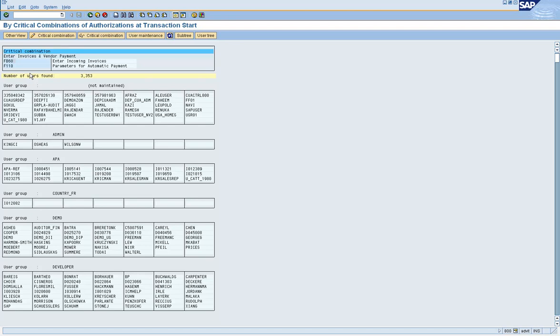It will give you the role names. Then it can go to the object level also. So it's a very sophisticated tool. Here this option is not that sophisticated. It just gives you the user ID, but doesn't tell you from what roles this combination is happening.